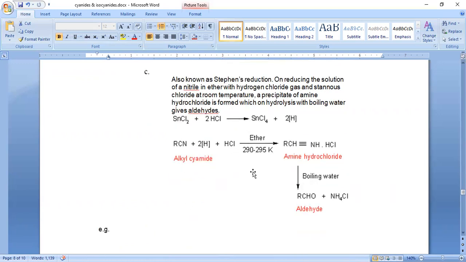So this is partial reduction. Here, actually, it is not a triple bond. It is a double bond, imine. And if we hydrolyze this one, what happens? Two hydrogens will go here and oxygen comes here. So thereby we can get aldehydes, followed by ammonia. So partial reduction followed by acidic hydrolysis, we get aldehydes. So partial reduction followed by boiling with water, or hydrolysis, we get aldehyde.